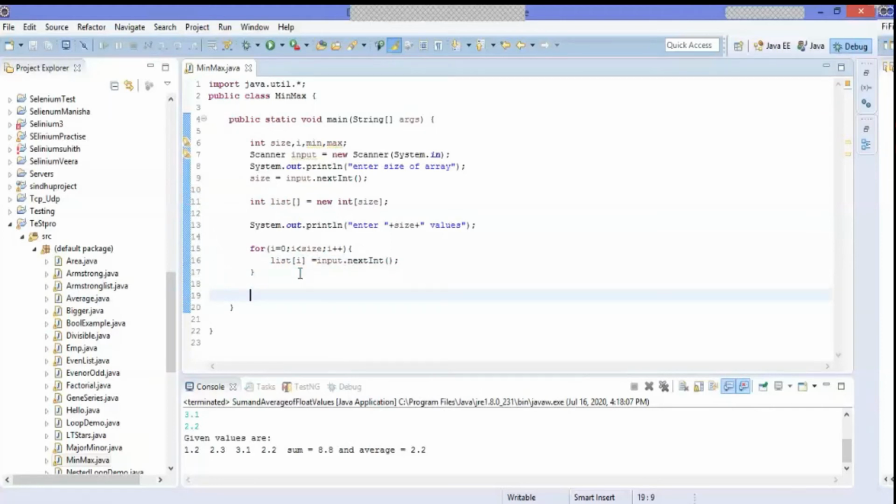So see here, this is the logic we expect here, so we need to find the minimum and maximum.